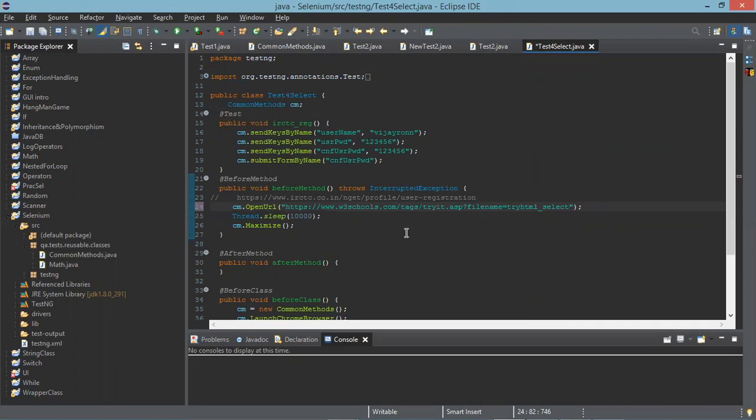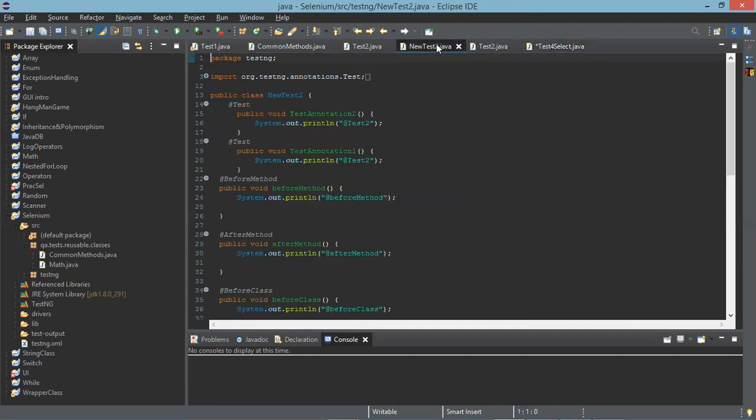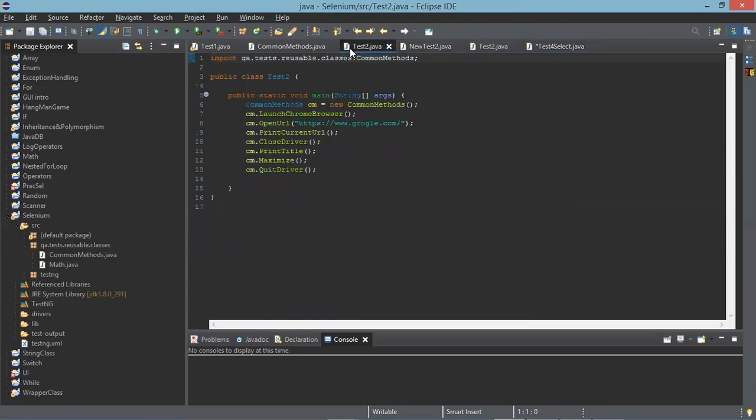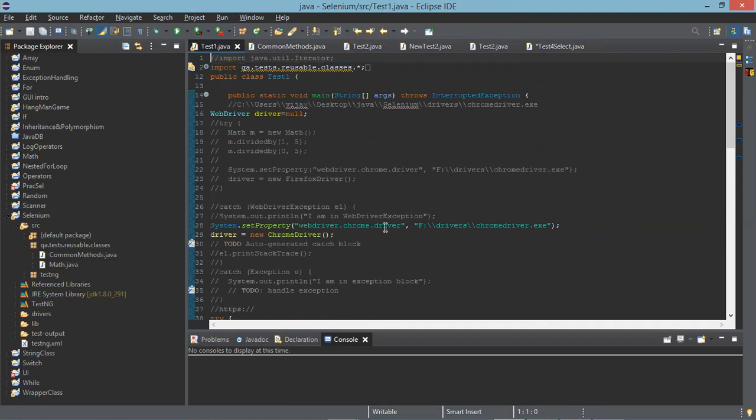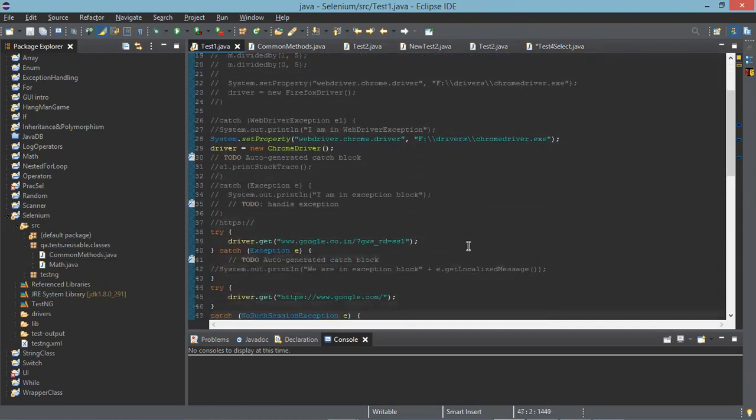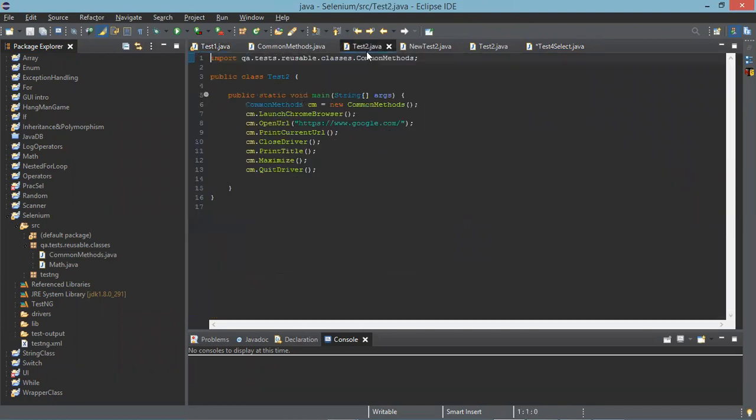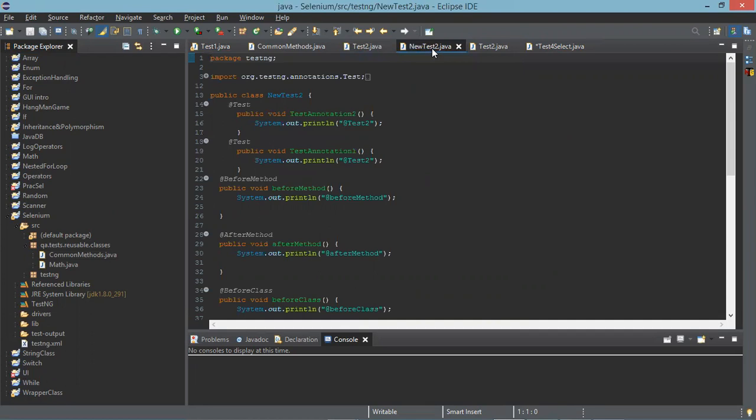And go to the other programs where we have the normal script, test2 or new test2. We have written something like driver dot and all those programs, right? Where are they? This is one thing. And in test2, go to test2, the other test2, not that one.